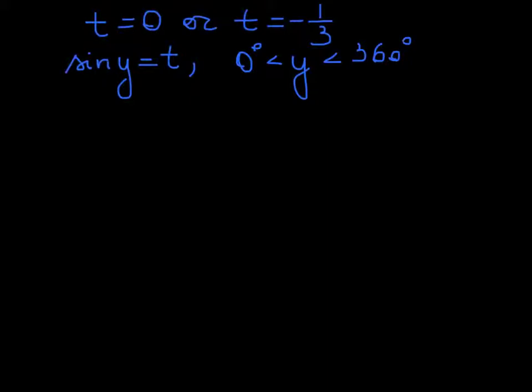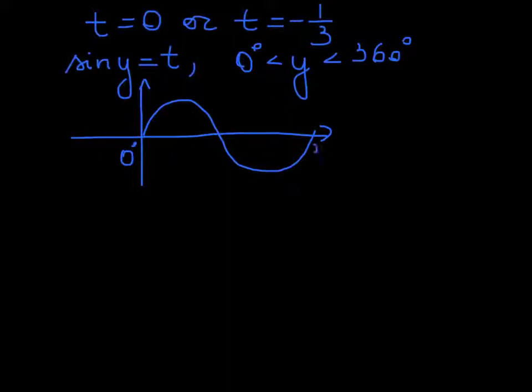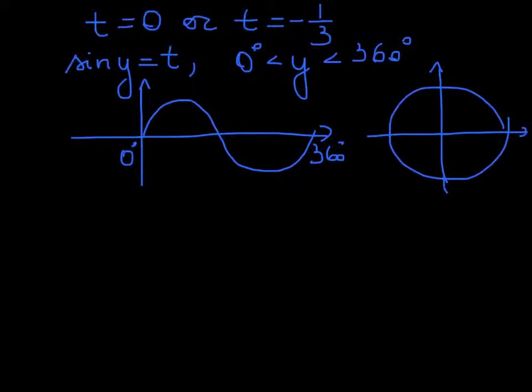Again, we can refer to either the graph of y equals sine t. I see many of you prefer the graph. We start from sine 0 equals 0 between 0 degrees and 360 degrees. Or I prefer to look at the trigonometric circle. Both methods are correct. So, where do we have sine y equals 0? Here is one solution, here is one solution, here is one solution. Oh, 0 and 360 are not included in the domain, so my only solution will be y equals 180 degrees